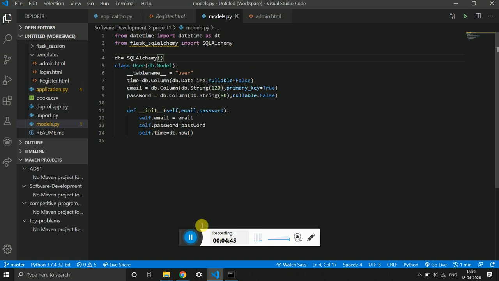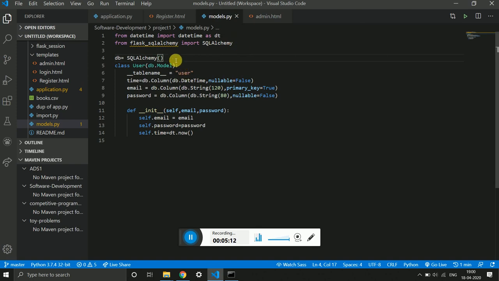First, in my register.html, I have only two fields, email and password. In my database, I also wanted the timestamp of when the account has been created. So in models.py I have imported two modules, the datetime module and the Flask SQL Alchemy module.